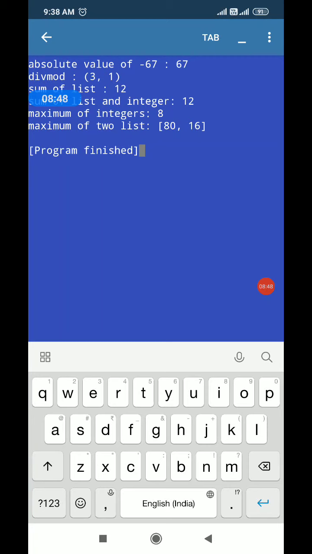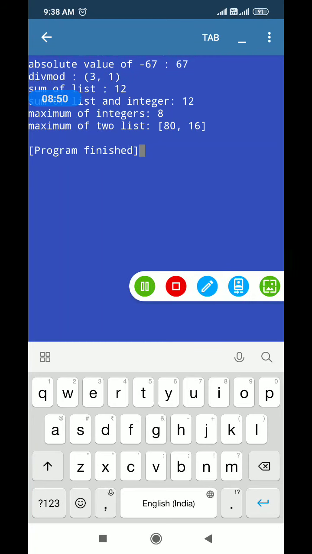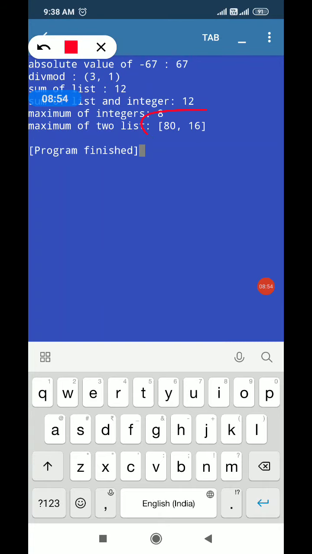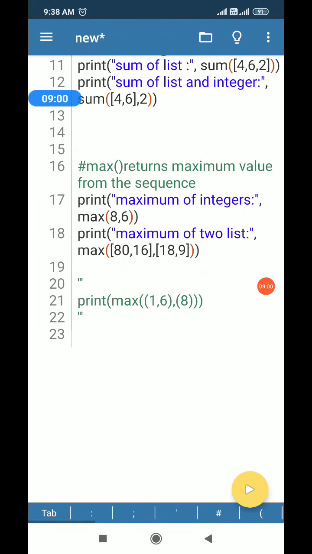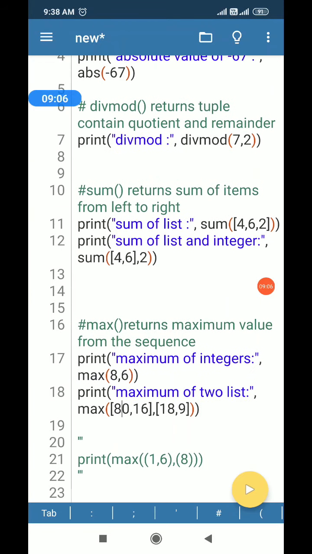So yes, it will print the first list because the first element of the first list is greater than the first element of the second list. So this way your max function will work.